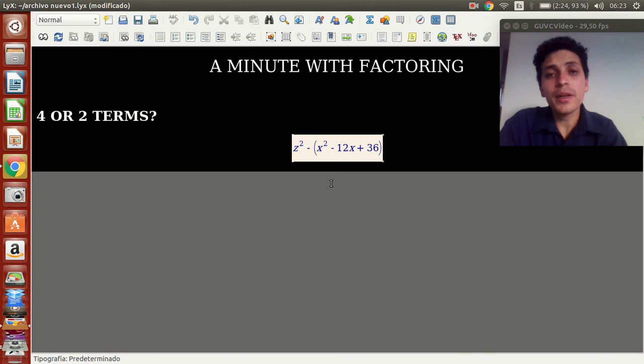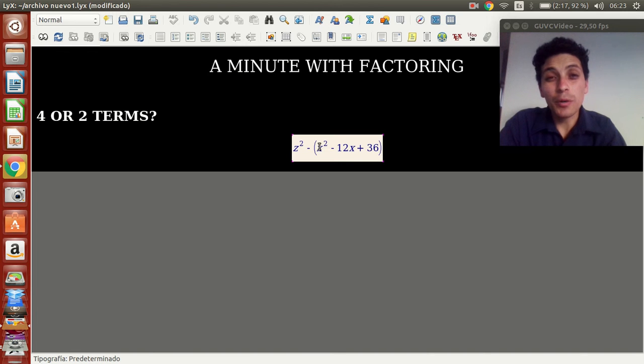When you have a parenthesis and they told you to factor, my hint is to use the parenthesis as one term. So it means that here we have 2 terms as a polynomial, even though you can count 4. And when you have 2 terms, you have to use